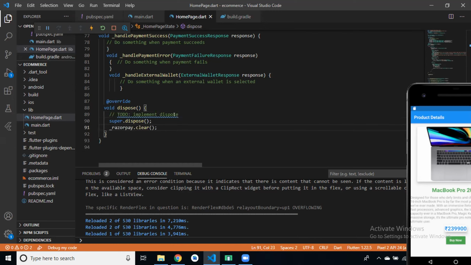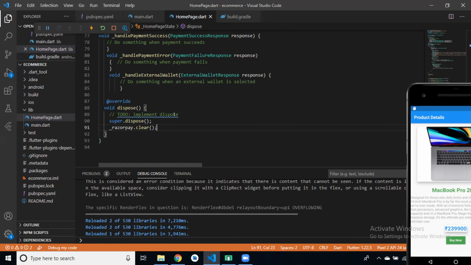Why do we use this dispose method? Same like init state: in init state we initialize the object, right? But in the dispose method, we remove that object from our class.